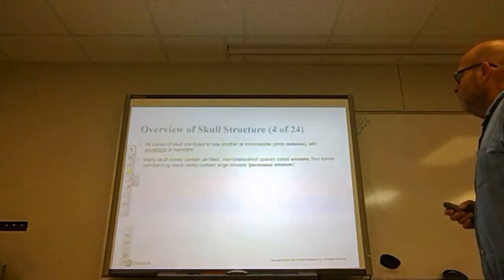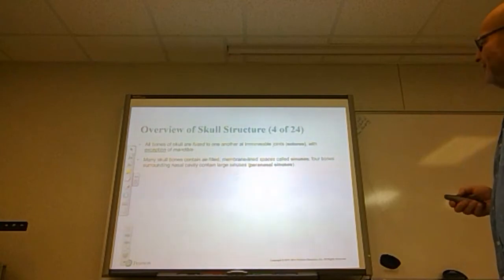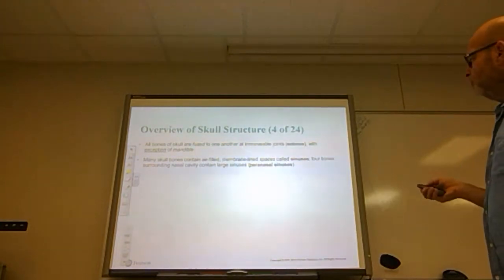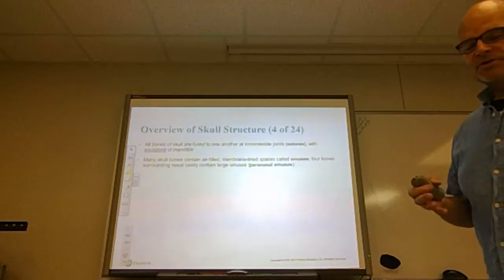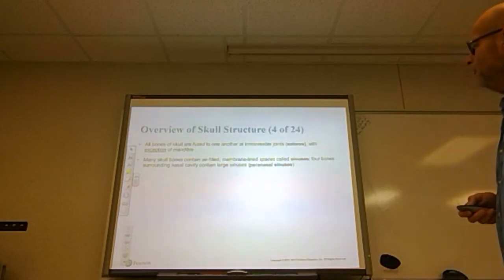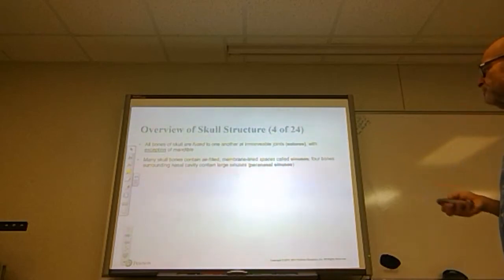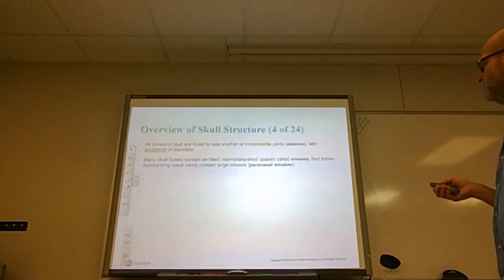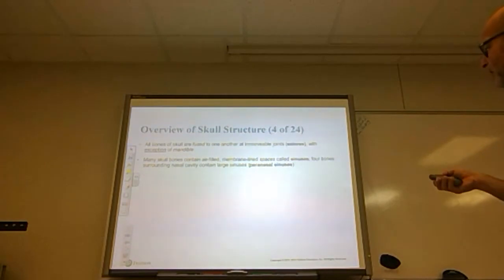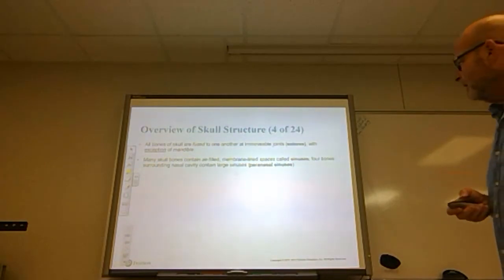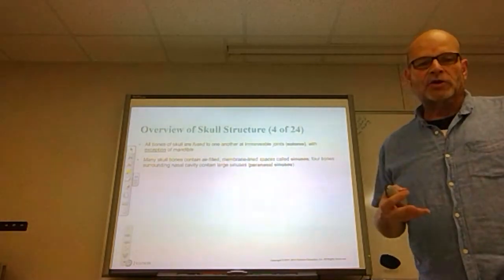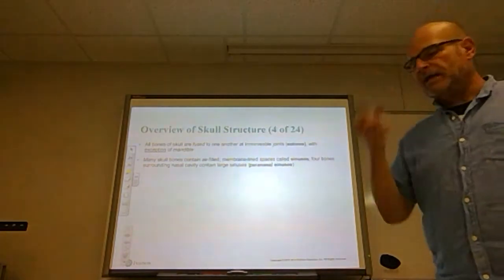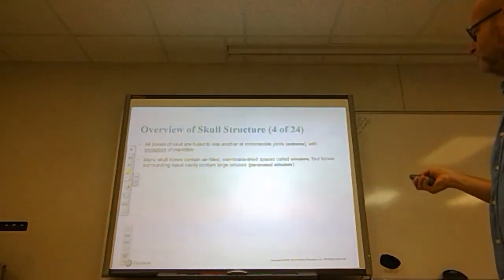All bones of the face are fused to one another at immovable joints, with the exception of the mandible. An immovable joint, and we'll talk more about joints in the next chapter, is called a suture. So you have a suture that holds those bones together. Many bones of the skull contain air-filled, membrane-lined spaces called sinuses. Four bones surrounding the nasal cavity contain very large sinuses called the paranasal sinuses. If you have sinus issues, seasonal allergies, or a sinus headache, it's the paranasal sinuses that are